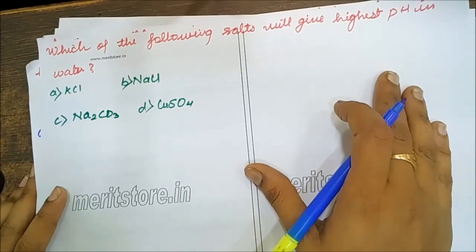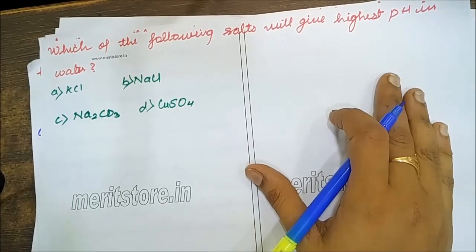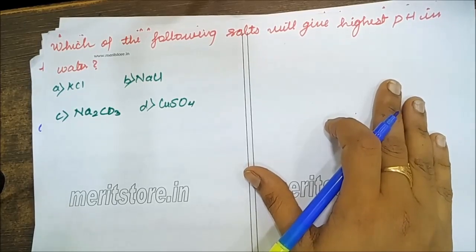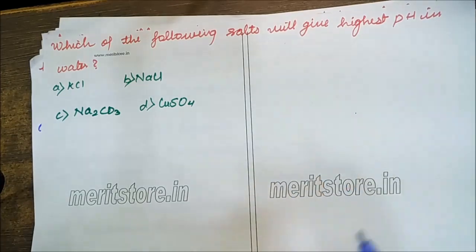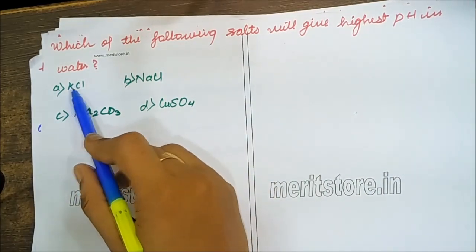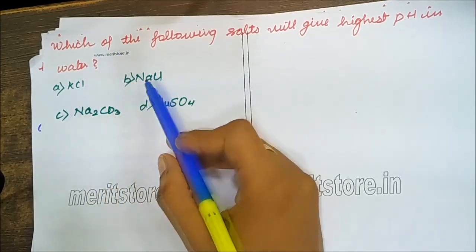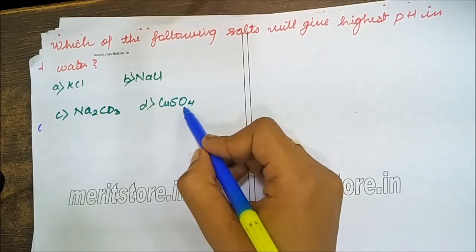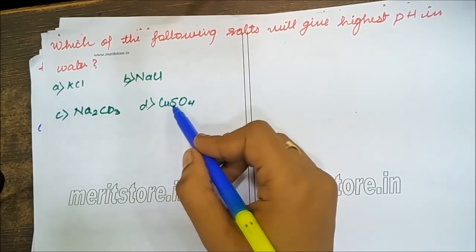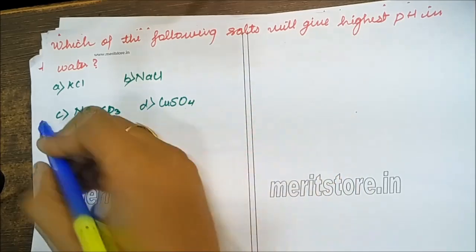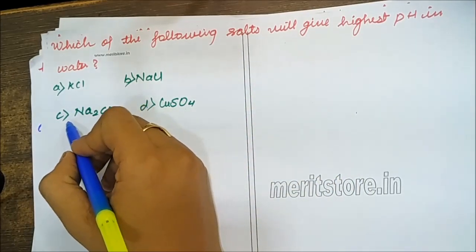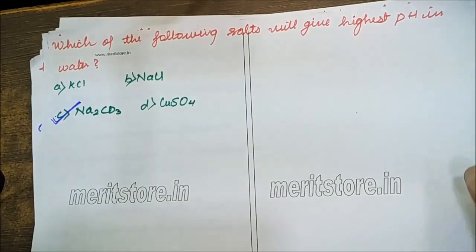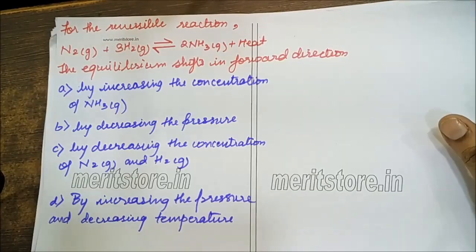Now let's read this question very carefully. It says which of the following salt will have highest pH value in water? Highest pH value means it should be very basic, right? Highest pH value, very basic. Now see, this is a salt of strong base, strong acid. So it's actually going to be neutral. This is a salt of, again, strong acid, strong base, neutral. This is a salt of strong acid, weak base. So this solution is going to be acidic, means their pH will be lesser. So this option C, the strong base and weak acid. So here the pH will be the highest since it's strong base. So its pH value will be greater than 7.